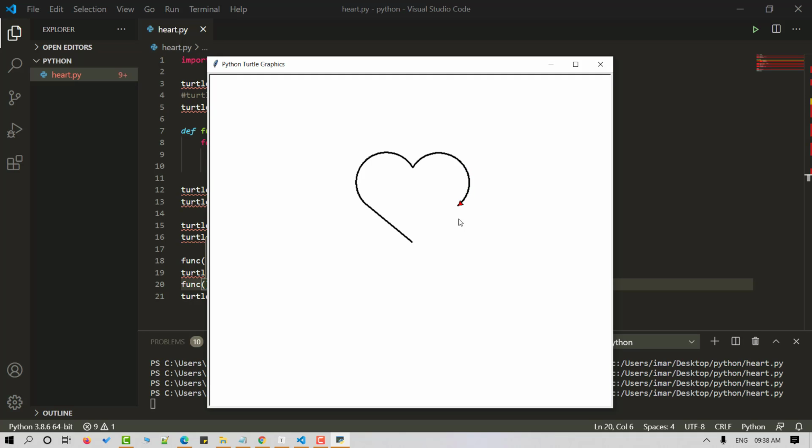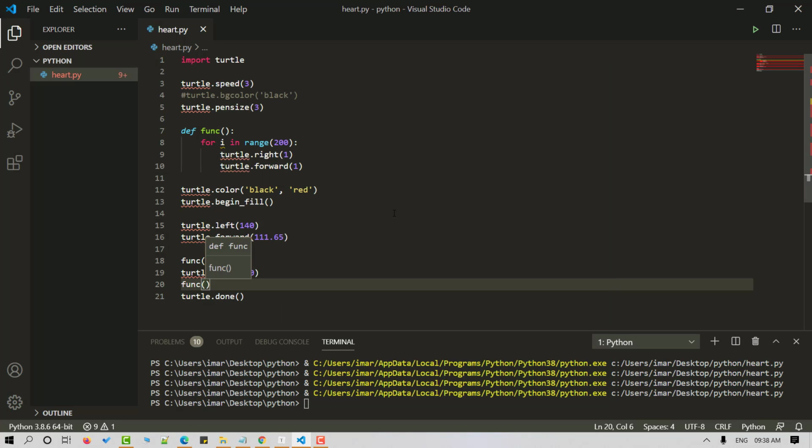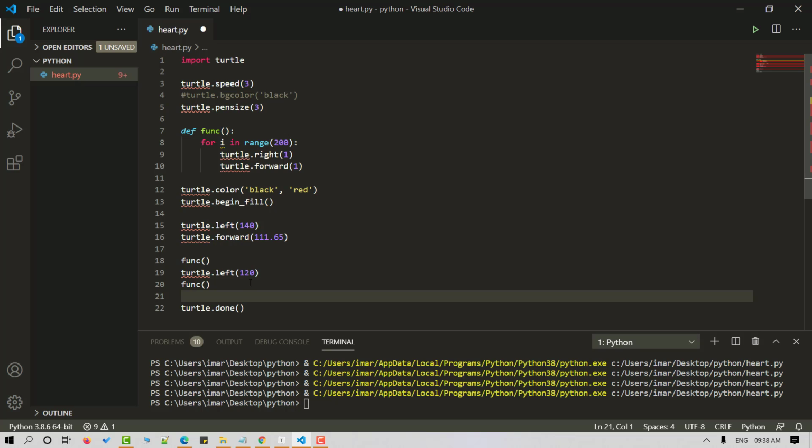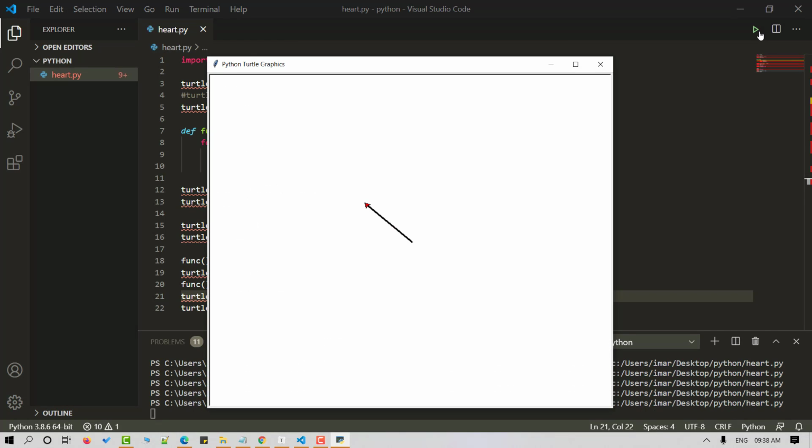In order to complete our heart, we wanted to touch the starting point. So we'll make use of the forward method here. turtle.forward. Our heart is now complete.